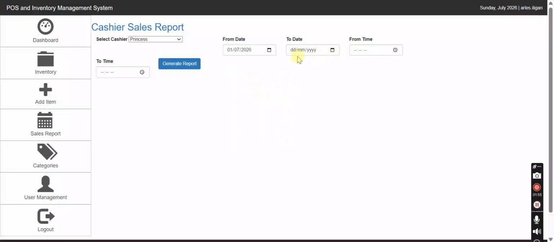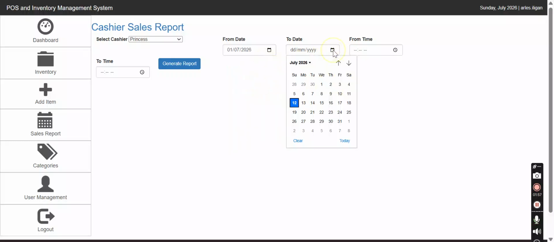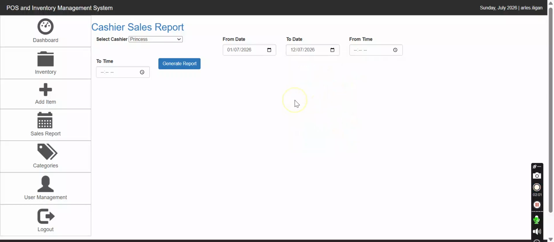Okay, let's press from date, so we can filter by date. July 1 until today, which is July 12. Then time, so we can also filter time. From 6 in the morning.